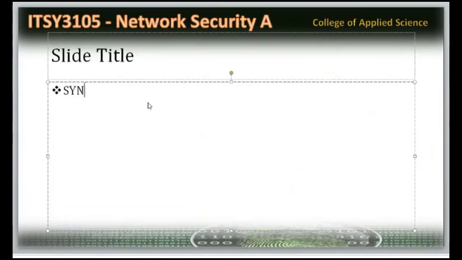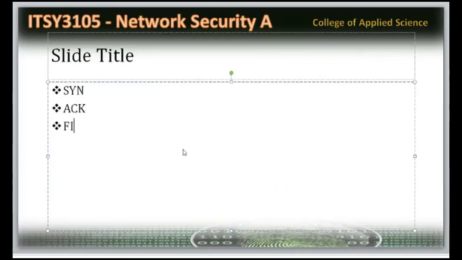The first one is called SYN. What is the use of the SYN flag? Suppose two computers want to establish a TCP connection, the first packet they will send is SYN. We are going to see the SYN packet. So SYN is a flag. Then ACK, acknowledgement. Acknowledgement is also a flag. If somebody is giving me a SYN, I'm going to send the acknowledgement to them. So acknowledgement is a flag.